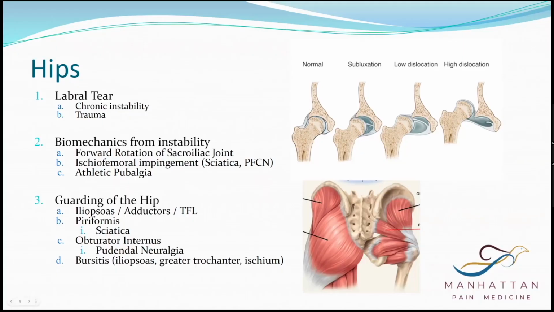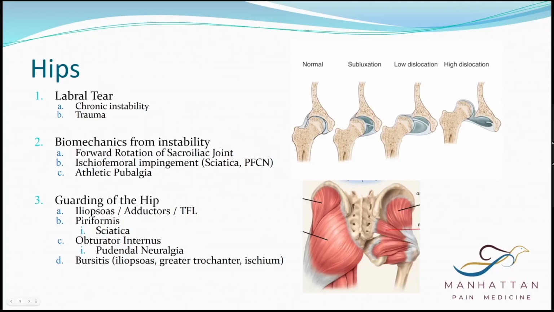And then, of course, bursitis, and lots of kinds of bursitis, lots of locations for bursitis: the iliopsoas, greater trochanter, ischium, which is really just from the muscles micromanaging the motion of the joint, right? So the core issue with hypermobility is that the ligaments in the joint capsule are loose. They do not do the job of holding the joint together, so the joint is loose. And the muscles then kick in to try to hold the joint together, but that's really not the primary job of these muscles. These muscles are really intended to control the motion of the joint, not stabilize the joint at